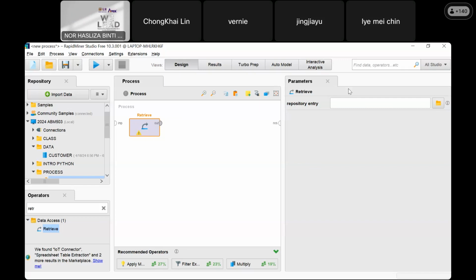When we talk about retrieve, it means the data is already stored inside your repository. But right now I cannot get it, because I have yet to store it inside my RapidMiner repository.